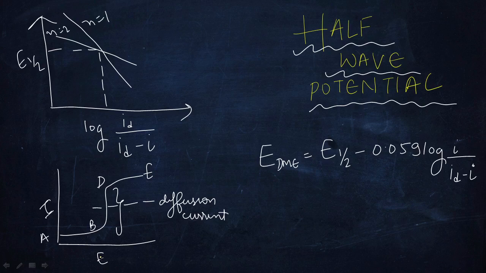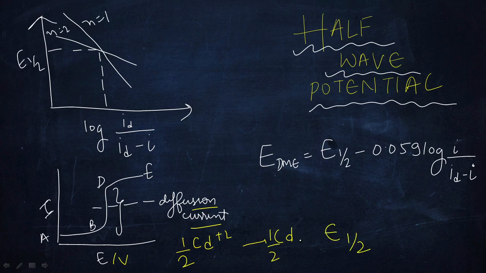In this polarographic series, we are here to discuss half wave potential. So what is half wave potential? As you have seen the graph between I and E, or V, we have a curve like this, A, B, D, E. So the BD part of the curve represents the diffusion current. What happens during this period is Cd2+ gets reduced. Now when half of the oxidized ion gets reduced, we have a potential that is known as half wave potential. This is known as E1/2.